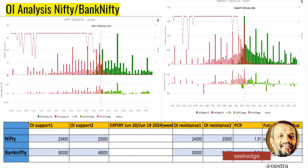So for the next expiries, for Nifty and Banknifty, the levels for the maximum put and call writing are seen and listed down here. The first support could be seen at 23,400, where the highest put writing is seen, and then the highest resistance is coming at 24,000. The second level of highest put and call writing is at 23,000 and 23,500. So it's an area of 600 points range where the market's big players, the option writers, are seeing for the